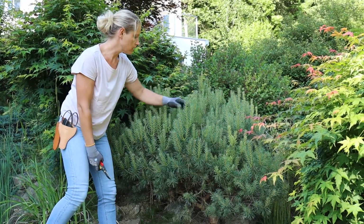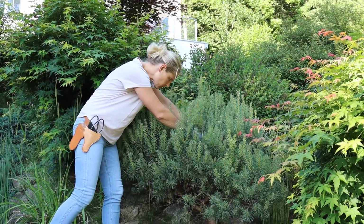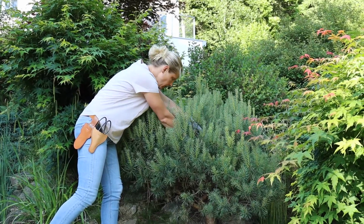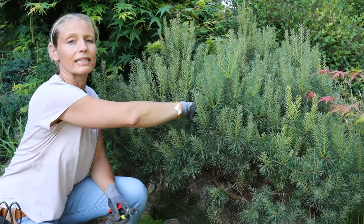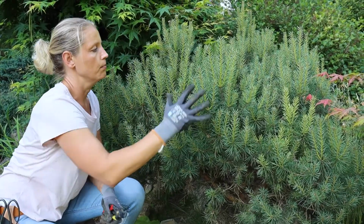Just looking at it, it's still too tall. So I will do that. Which means what I did now, I'll just go one lower and take those out too. Okay, so taking this out, you see, has already created a different picture, and it looks already lower and more